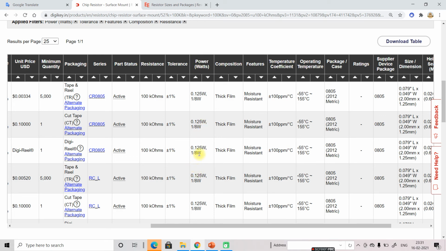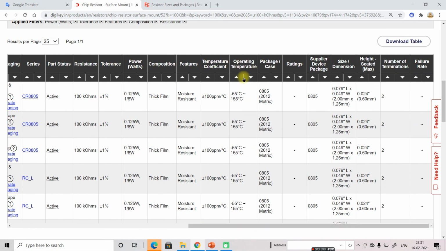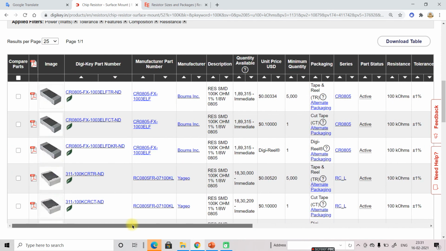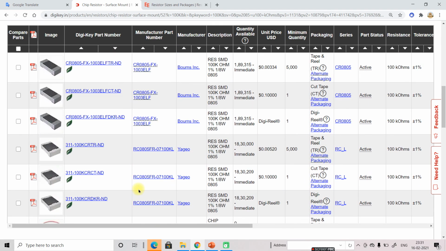Wattage is 1 by 8, 0.125 watt, and tolerance we have selected 1%. So temperature range we have also selected, it is showing the same, and packaging also. So some features it shows automatically, you don't need to select, because it may be some software problem.